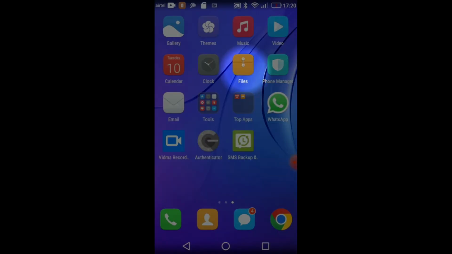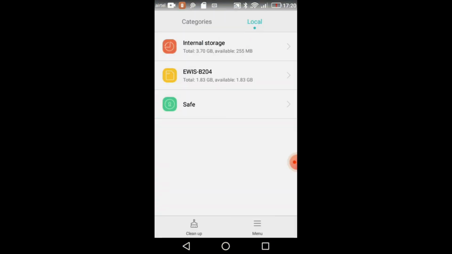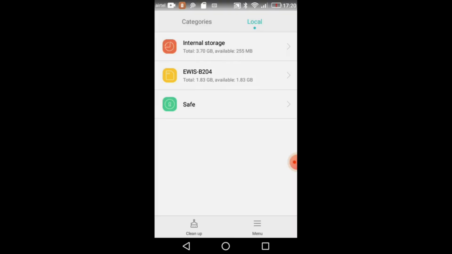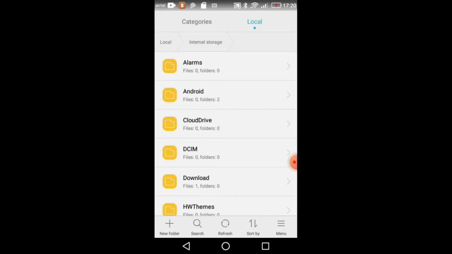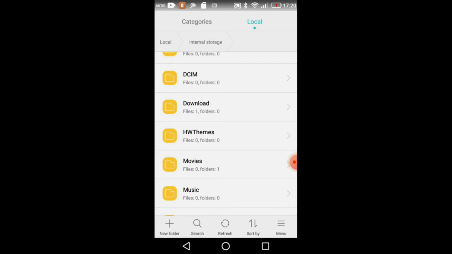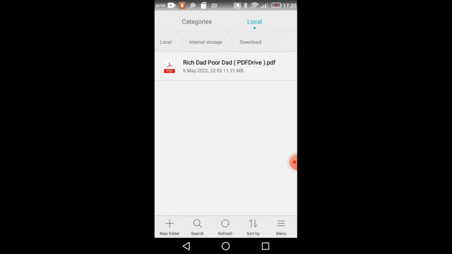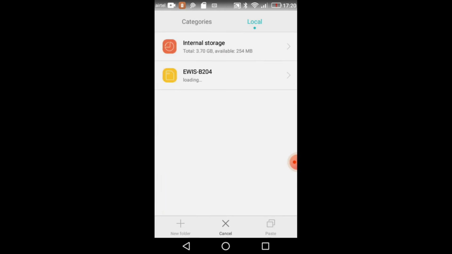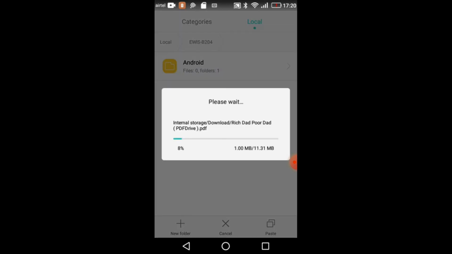First let's open the file manager, and then you can see that I have inserted the 2 GB memory card into the device. So first let me go to the internal storage, and I want to copy some files. So I have a book which is downloaded in the downloads folder. So let me open the downloads folder and long press it and then copy it, and then select the location, the SD card. So I'm selecting my SD card, and then I'm going to click on paste,